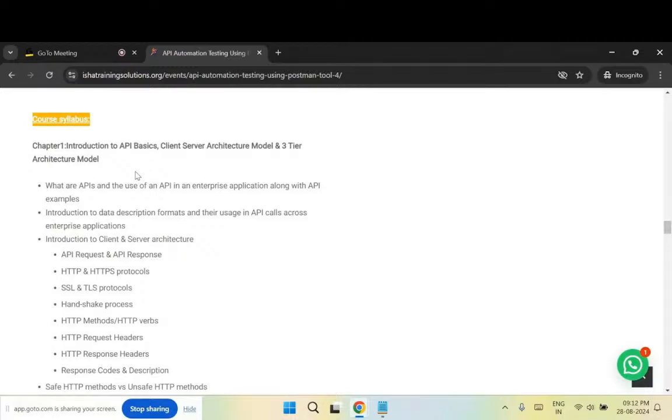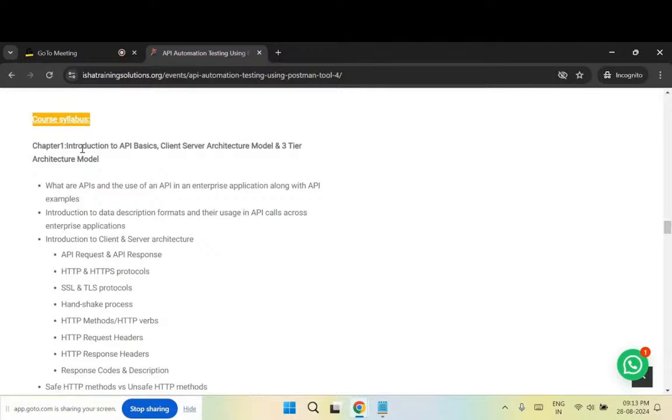So coming to the course syllabus, like I said, I have divided this entire course into 13 chapters. By the end of the 13th chapter, I promise all of you will become an expert in automation testing of APIs using the Postman tool. The precondition is that you are also practicing it after the class is completed. If you're not practicing and you're just listening to me, it will take some additional time for you to become an expert. But if you're practicing it immediately after the class is done, I promise and assure you, all of you will become a good, perfect automation tester in APIs.